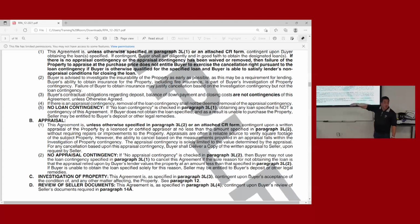So sometimes, say the house appraises at value, but the square footage is wrong, you cannot use the appraisal contingency. But if the square footage is smaller than what it said, and the buyer still wants the house, but they can't get the loan for that amount. Then what? If the appraisal is low, then you can still cancel, right? But if the appraisal is at value, but the square footage is smaller,